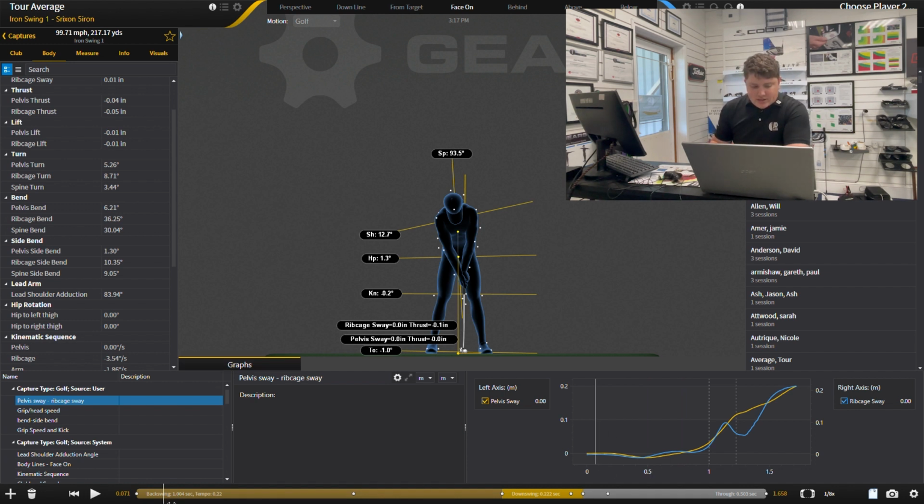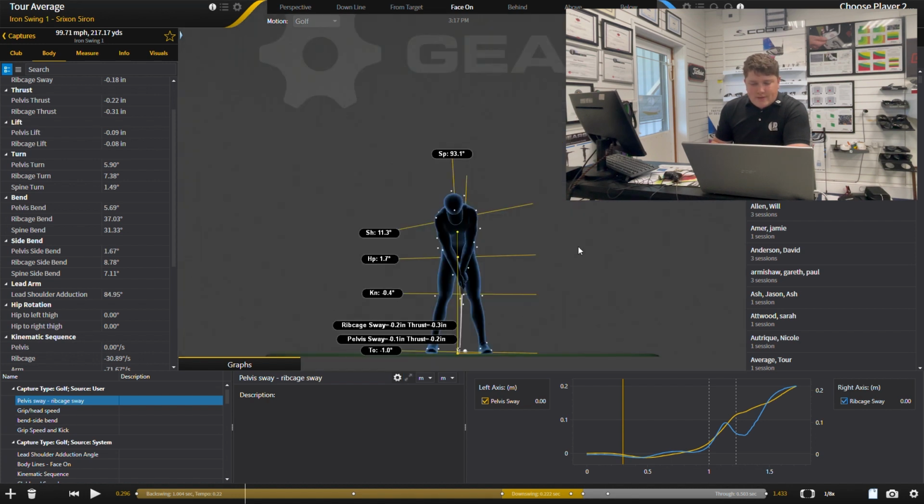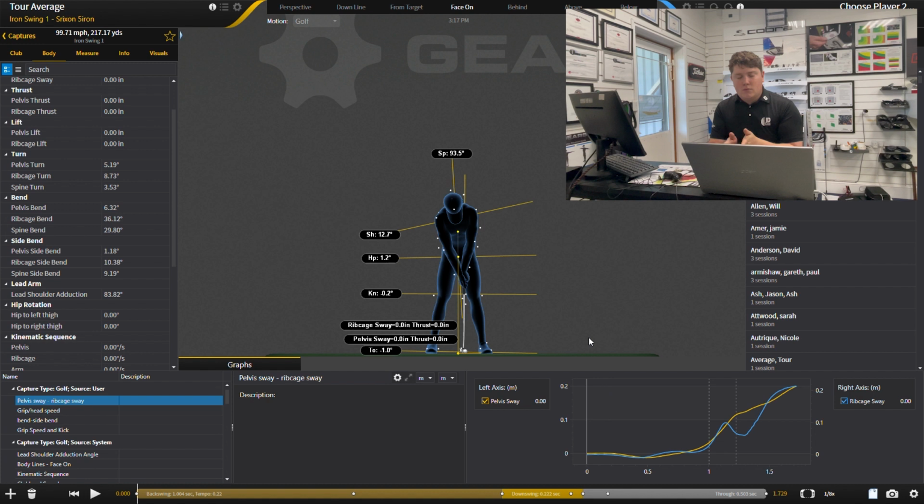So what's really interesting to see, we're going to look at the backswing to start with, and in the backswing you can see here on this graph these two lines never really get too separated away from each other. This first dotted line here represents the top of the backswing, and we can see there's never any real separation between those two lines. What that means is that the pelvis and the rib cage, which the best ball strikers in the world will always start behind the ball,